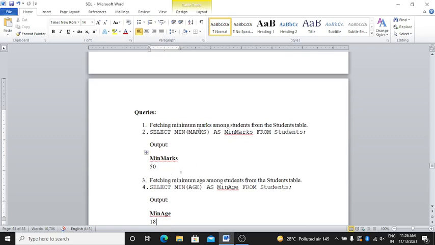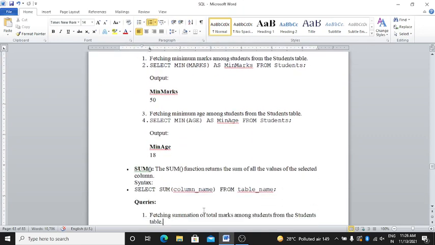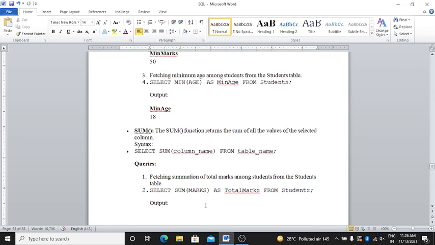Then select minimum marks as minimum marks from students. Then output is minimum marks is 50. Like this, fetching minimum age among the students from the student table. Then select minimum age as minimum age from students. Output of minimum age is 18. Right? Next is